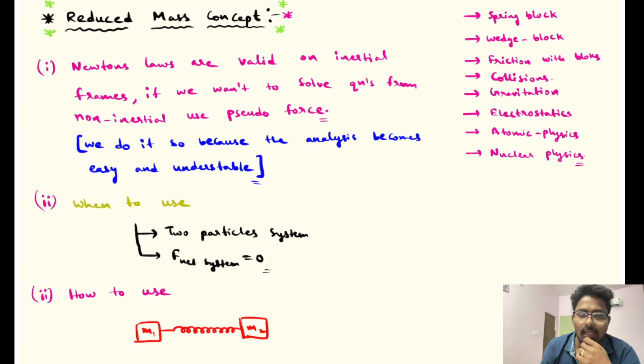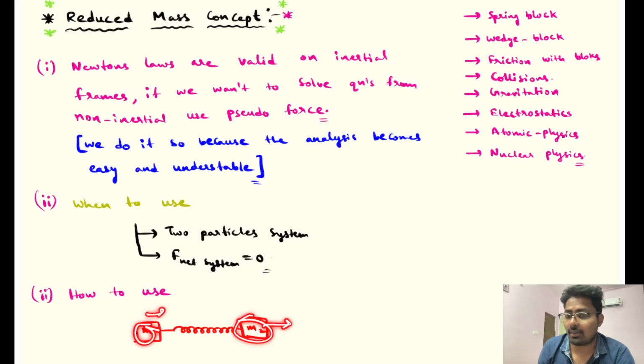Why? Because, as I said, we'll use the pseudo force concept to ensure that the analysis becomes easy, right? So how does the analysis become easy? When you go on to that frame, you will be able to see only one object moving. And in the pseudo force questions, mostly the acceleration would be constant, so you can simply add a constant pseudo force of m a_cm. But in this case, because of some reason the blocks are moving with different velocities